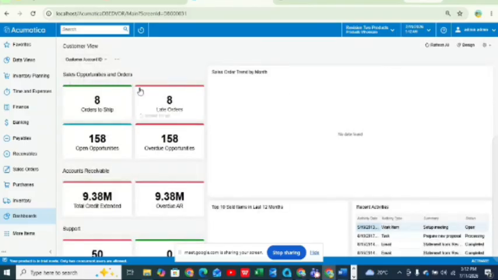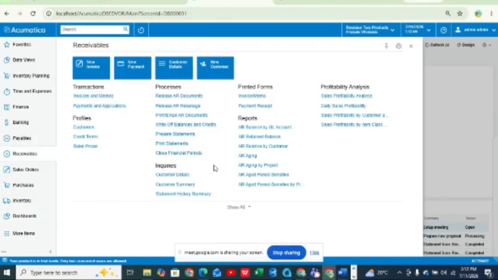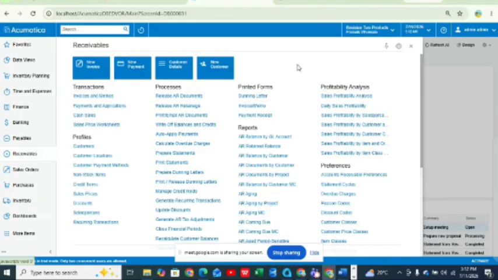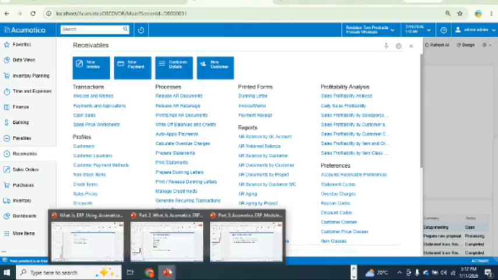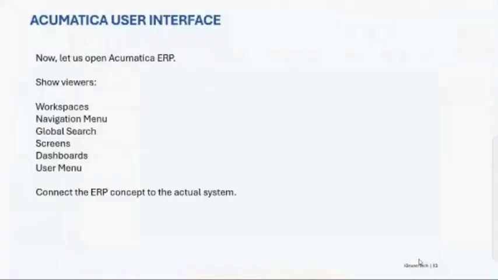You can view this dashboard where you can get insight on orders to ship, rate orders, open opportunity, overdue opportunity, total credit note. So these are different menus. And what we have here, when we come to the receivables, these are some sitemaps, and you can add some sitemap by just creating a generic inquiry which draws data from the database. So let us continue and move forward, because I'll get to this module in more detail. These are some of the things you can observe here. From them we can continue and understand